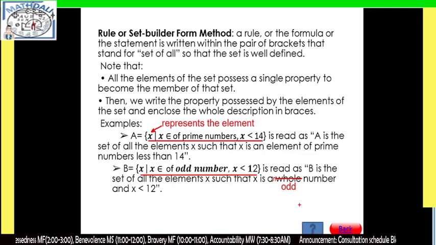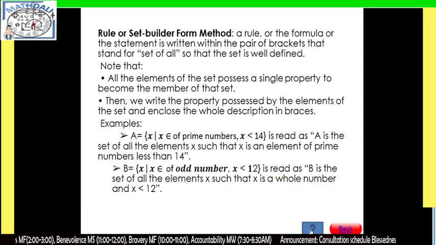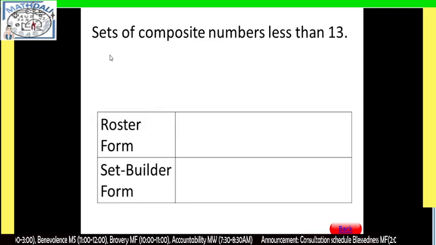Okay, so let us have this another activity. We're going to write this one in roster form and even in set builder form using this verbal description form. I'm going to use that verbal description to illustrate this example.